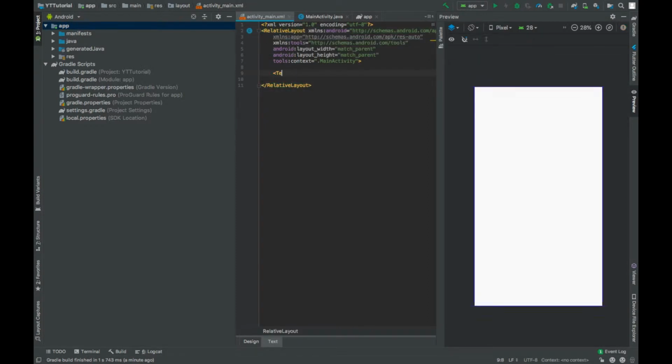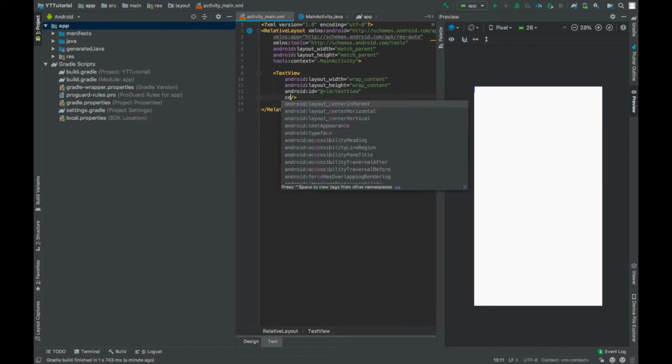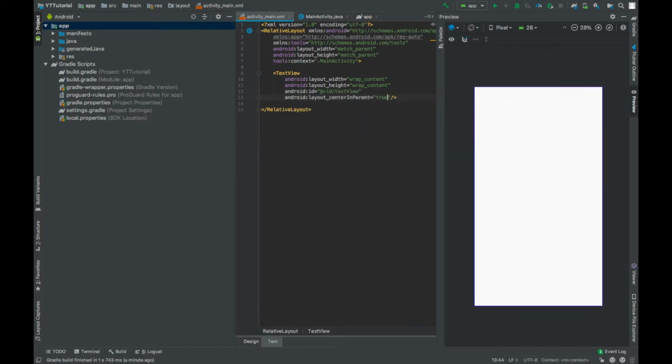Now go to activity main.xml file, change the root element to relative layout and add a text view. Width and height wrap content, ID textView, center in parent will be true. Now go to MainActivity.java file